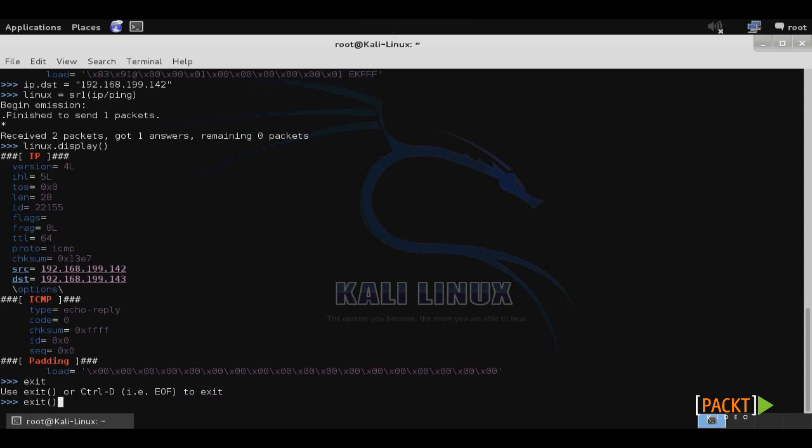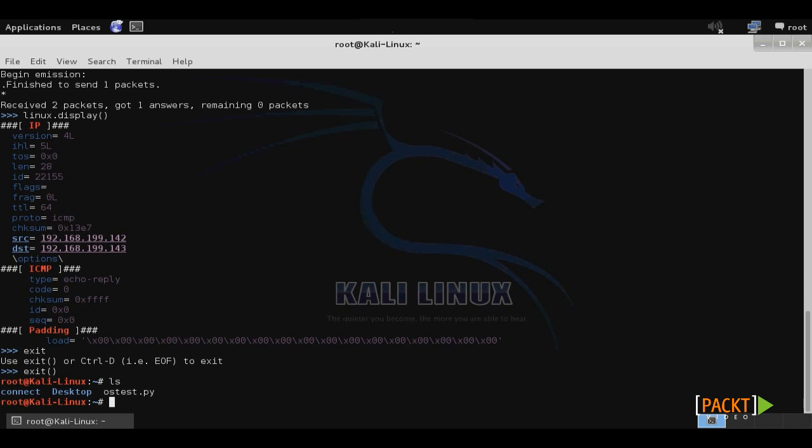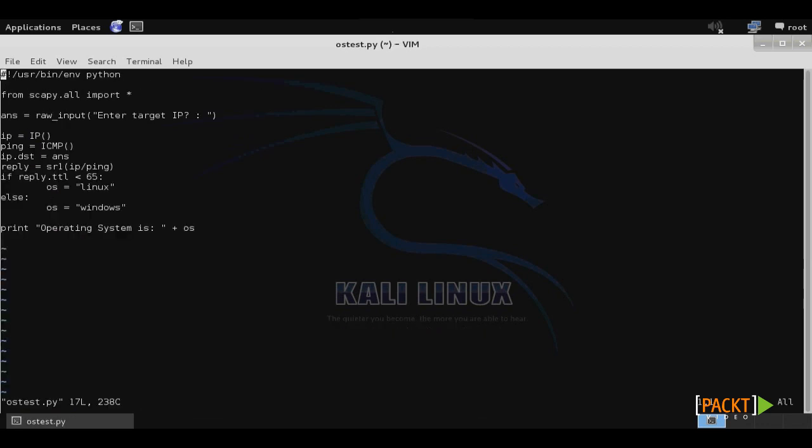So we'll exit out of Scapy, and one of the great things about Scapy is that it can be used or imported into Python for scripting purposes. I've actually already created a very basic Python script that tests to see if the operating system is Linux or Windows based. So we'll look at this script, and basically all it does is import